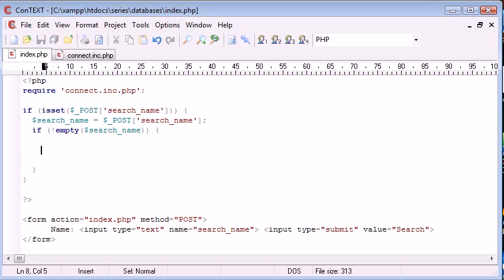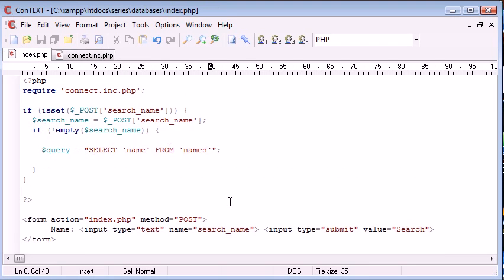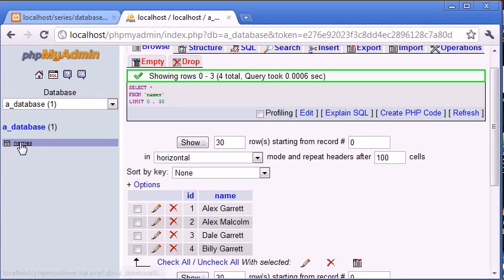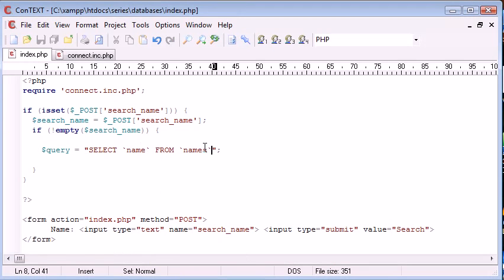So now we need to start constructing our query. So I'm going to create a new variable called query, and this is going to equal our SQL query that we're going to execute or run inside of our database. So we're going to say select name from, remember our table's called names. We've already connected to our database. Remember, these values must correspond to your login credentials and also the database that you're using. Let's take a look here. So we've got the names as the table, so we're selecting the name from names,